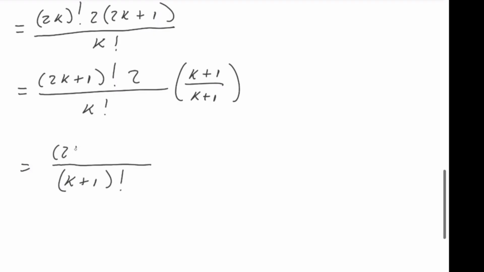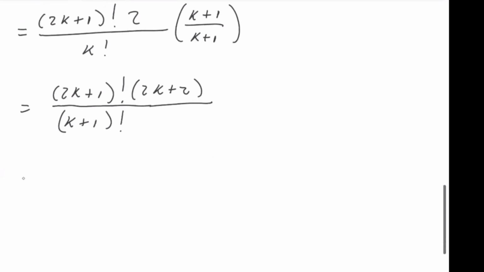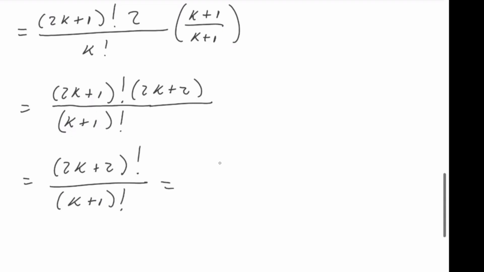And then I have 2k plus 1 factorial times 2k plus 2. And that's exactly what I need, right? This is equal to 2k plus 2 factorial over k plus 1 factorial, or